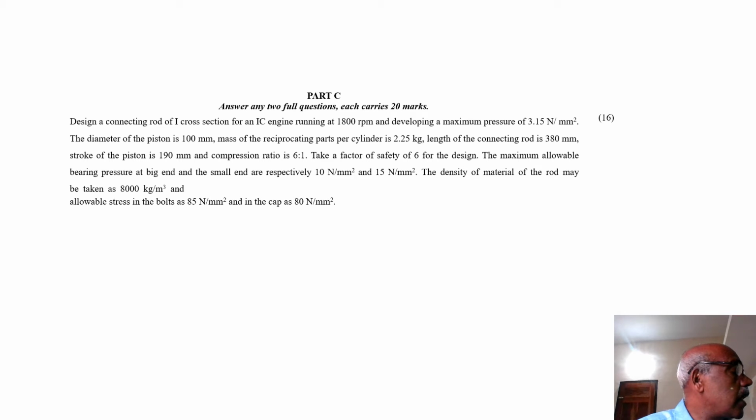First, the equation for the gas pressure is given, because it is an IC engine. Then the inertia force is available, then the net effective force is available, from which you get the axial force. Combining these, one equation is derived, called Johnson's formula: Fa by n is equal to sigma y by n into 1 minus sigma y by 4 pi square E into La divided by k square, all in brackets. Such an equation is available. Nothing to worry; I am telling you only for demonstration that the equations are available. That is why you have your own equations in your data book.